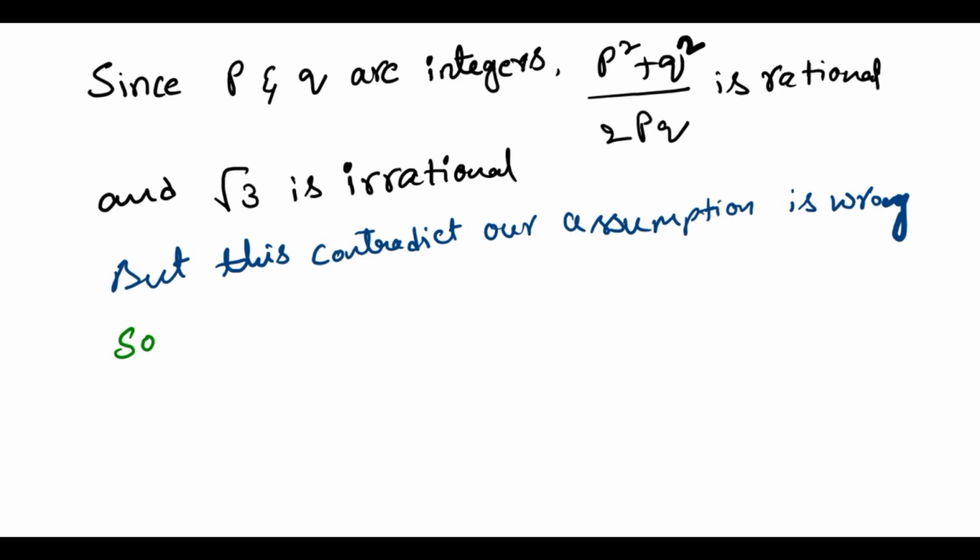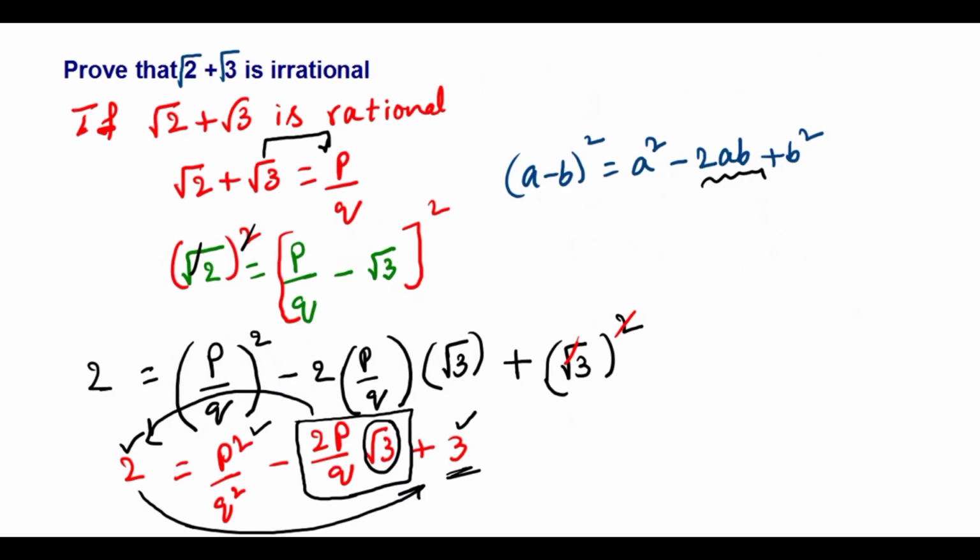The question is root 2 plus root 3 is an irrational number. Okay, so it is a very important model question. I hope you understood this one, but I will explain with one more example, the same model. So this time root 2 plus root 3. Next I'm going to take one more example, that is root 3 plus root 5. See how we are going to solve this root 3 plus root 5.